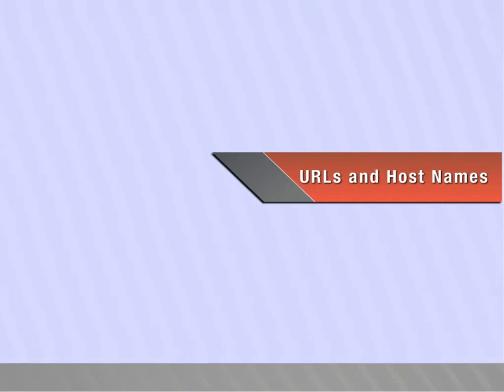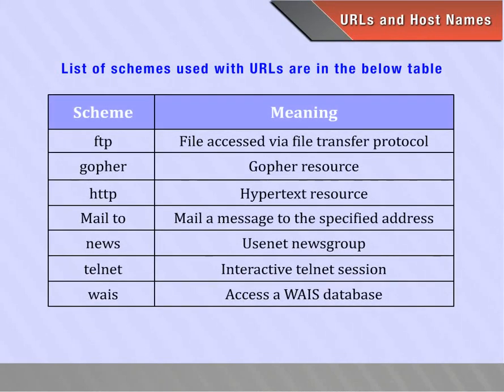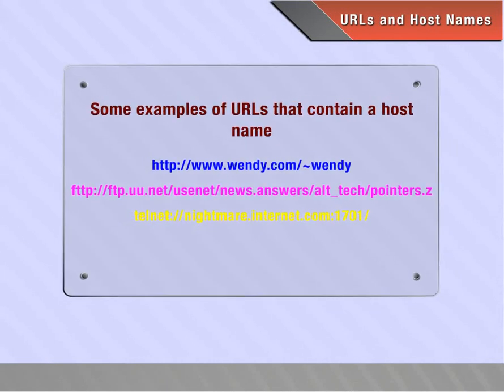URLs and hostnames. A list of schemes used with URLs is in the below table. Some examples of URLs that contain a hostname: http://www.wendy.com/Wendy, ftp://usenet/usenet/news.answers/alt_tech/pointers.z, telnet://nightmare.internet.com:1701/